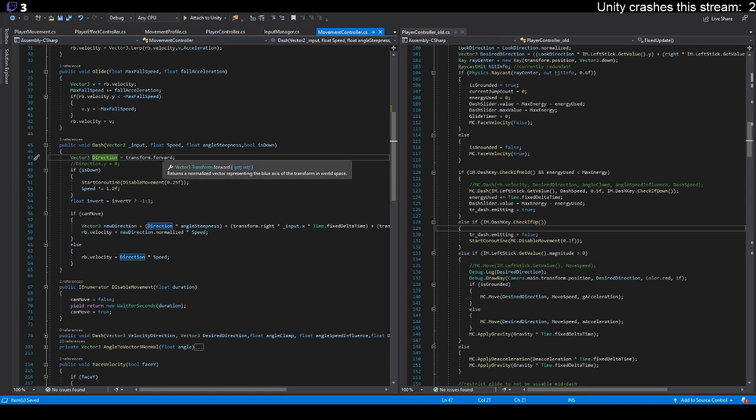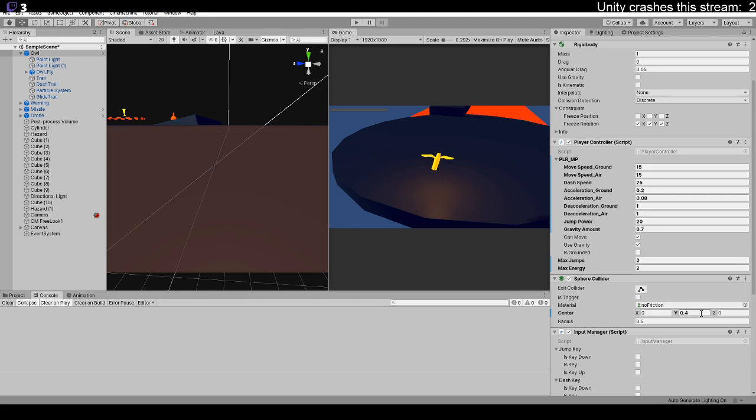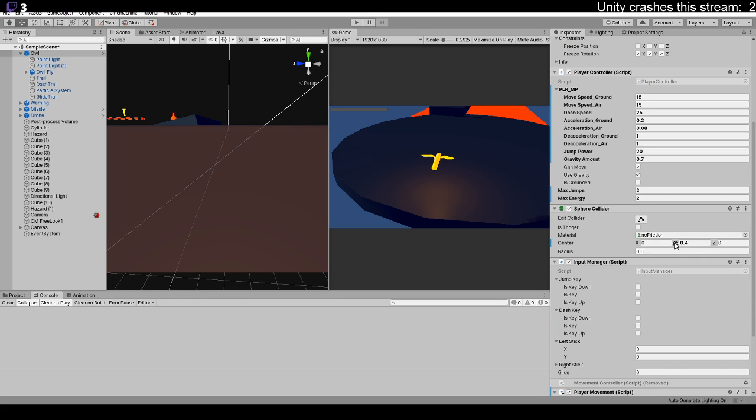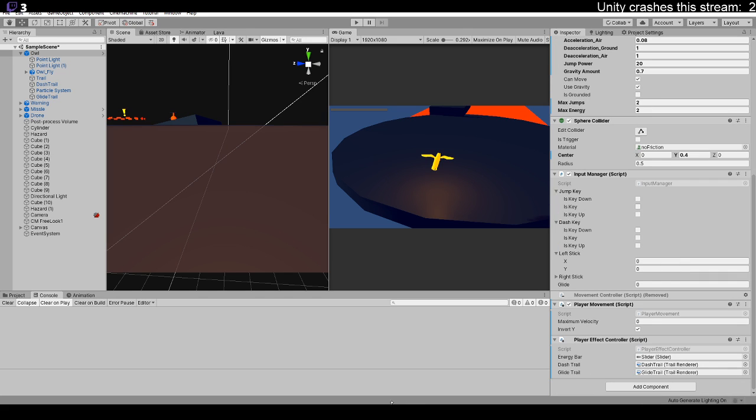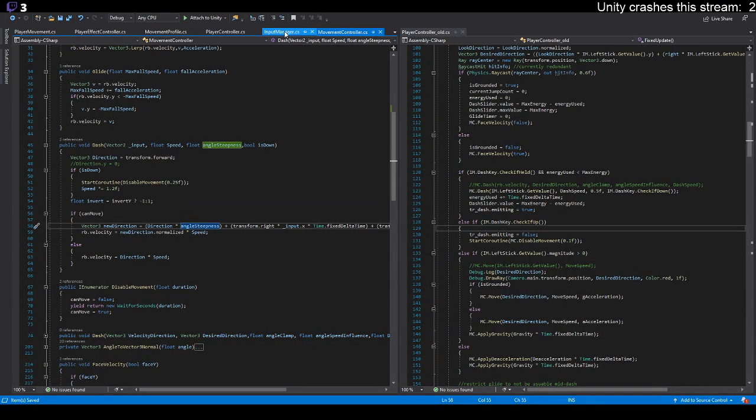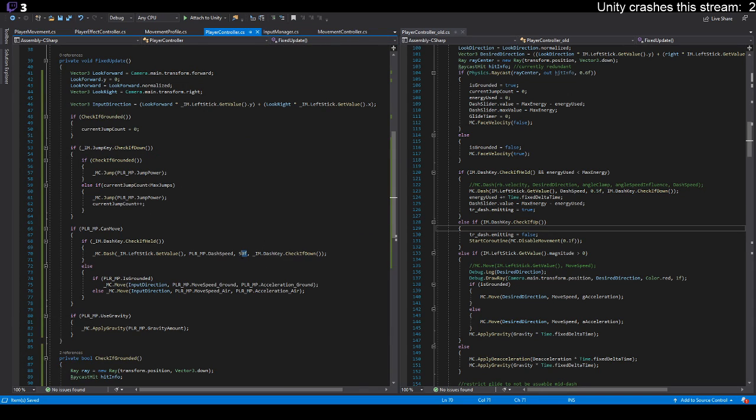Direction equals transform forward, and we're multiplying that by angle steepness. Oh, we're multiplying it by angle steepness. So what we did mess up in a brief moment. Where's that variable? Where'd I put that? Is it in the script? Is it just in the script and I forgot about it? Yeah. So